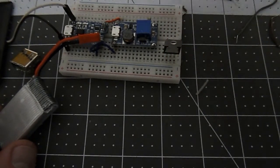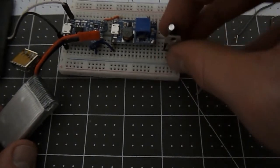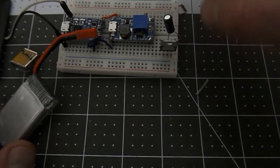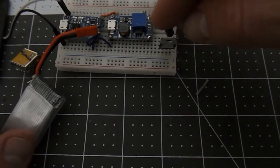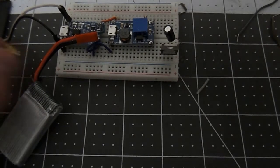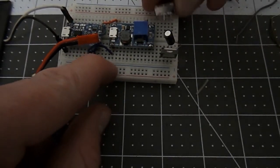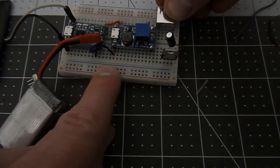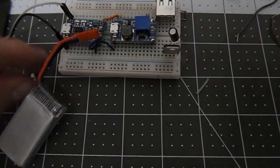And that also needs a capacitor, because you want to maintain that voltage if you can. If something needs a quick bit of 5 volt energy, this capacitor will complete that circuit and help it maintain a voltage, so it won't drop when the current increases. Okay. Let's see. So that can go there,